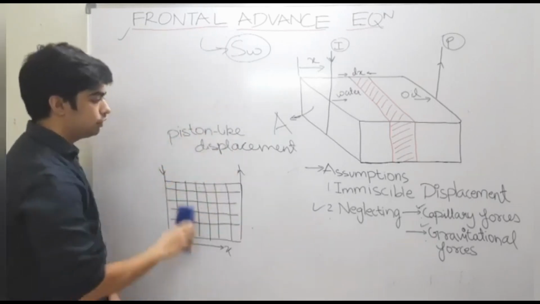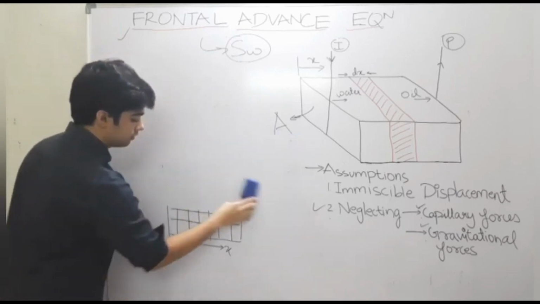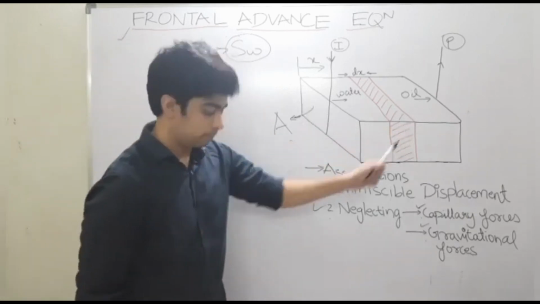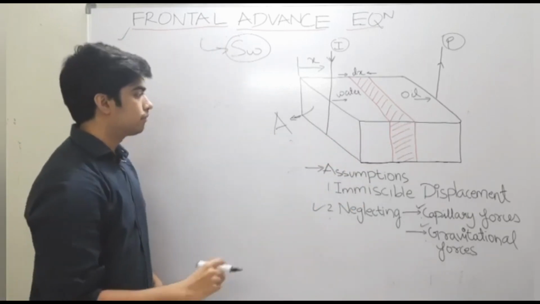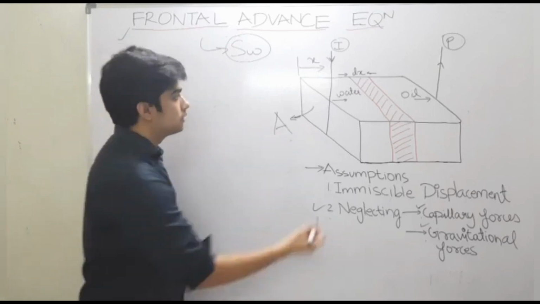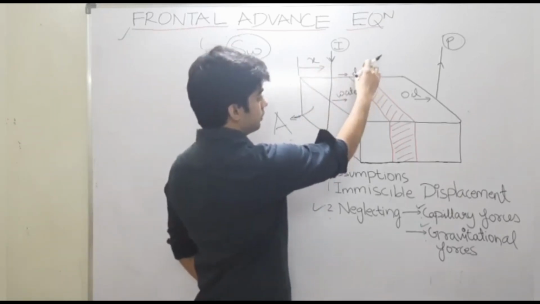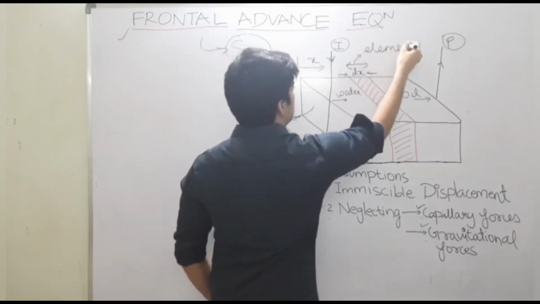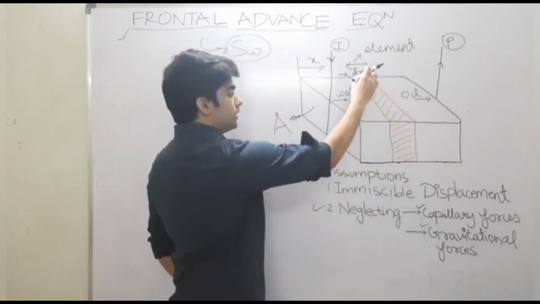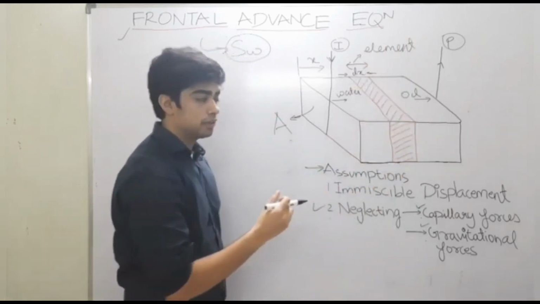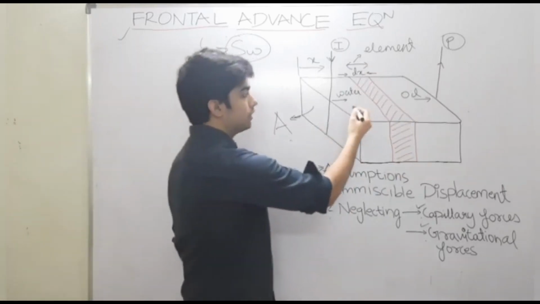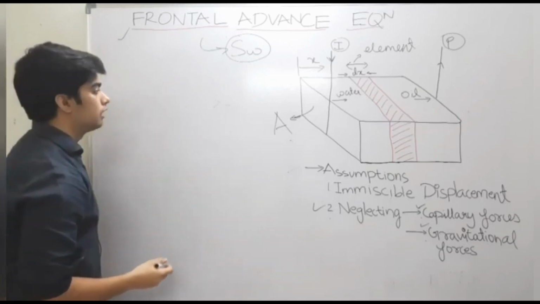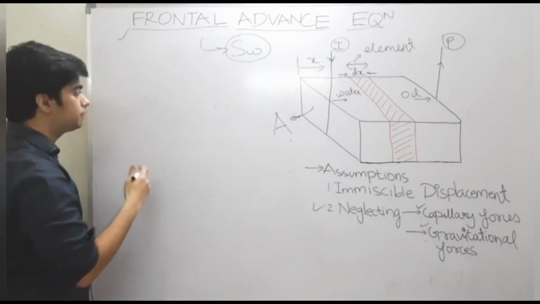So let us start with volumetric balance. Now this is your reservoir, and there is a linear flow. It has some porosity phi, A is the area of cross section, and dx is the thickness of this element. So this element is basically a small thin cross section of this reservoir slab in which your water is contacting your oil. So it is a sort of point of contact in your reservoir, and once we make our volumetric balance,